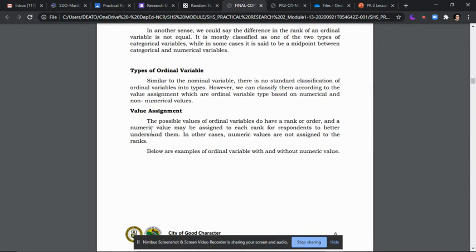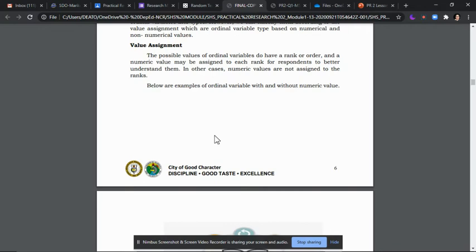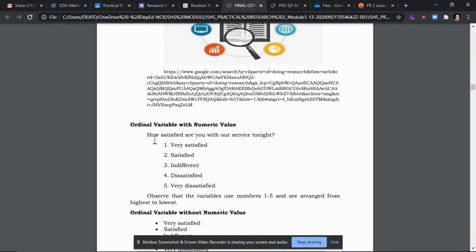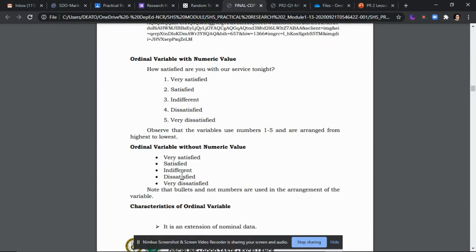So, meron tayong two types of ordinal variable. Una yung value assignment. Madali lang itong value assignment. Ganito lang siya. Halimbawa, very satisfied, satisfied, indifferent, dissatisfied, very dissatisfied. Tapos represented siya ng numbers. Dahil represented siya ng numbers, yung mga number na yon yung magsisilbing